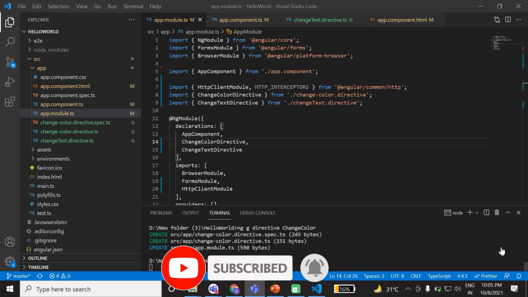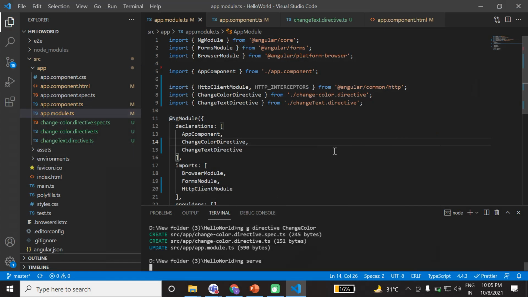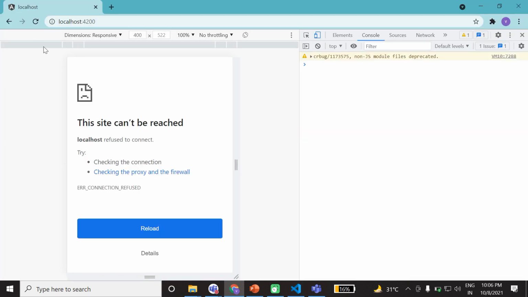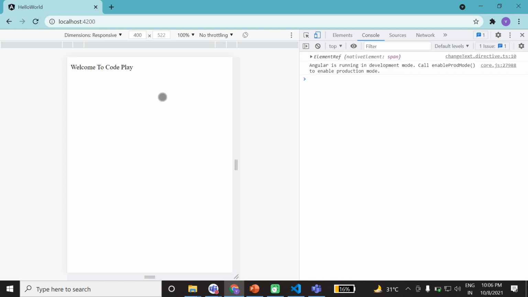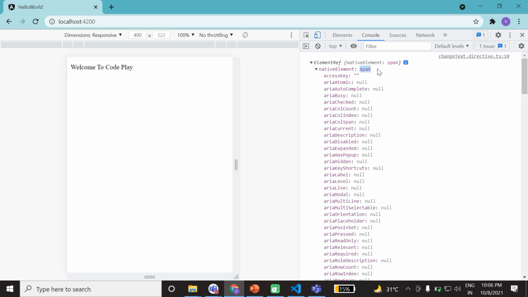You guys understanding what I'm doing here? Okay, so now it's run successfully, and you can see inside the console we have a native element span.